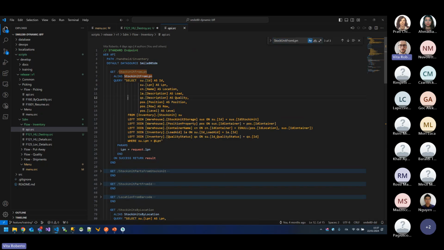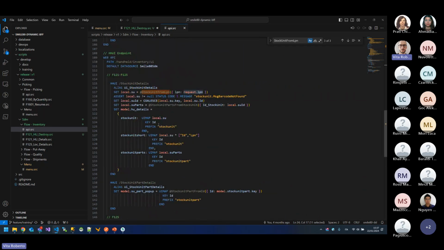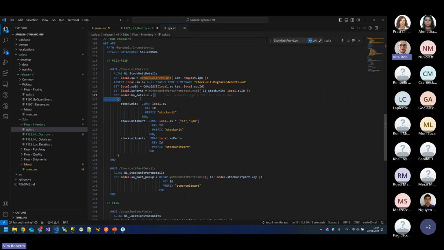One is this one. Simple select on the inventory stock unit folder table with this, of course, request.lpn, and that is good. Okay, let's leave it like this. We do not need to modify. So